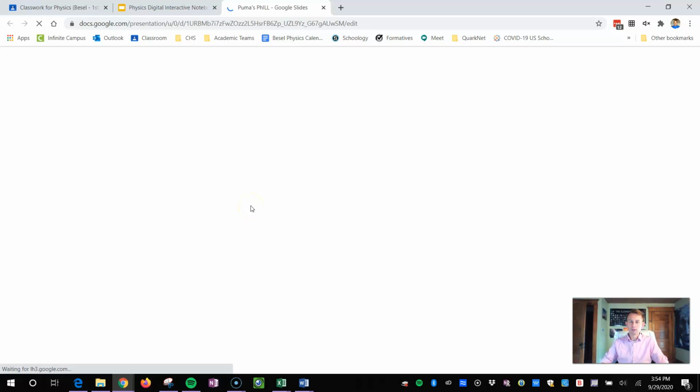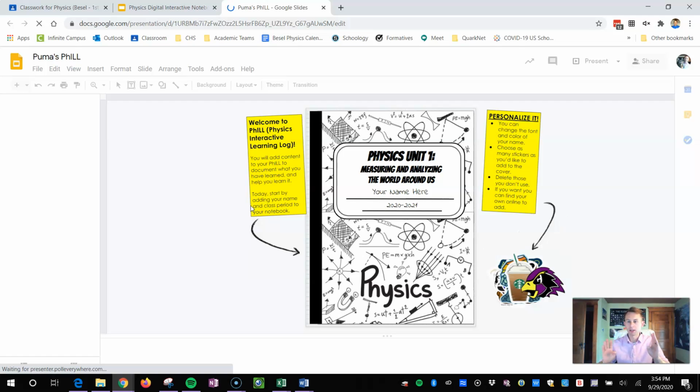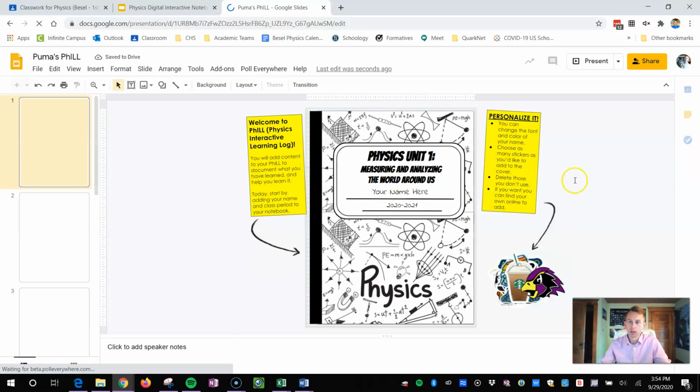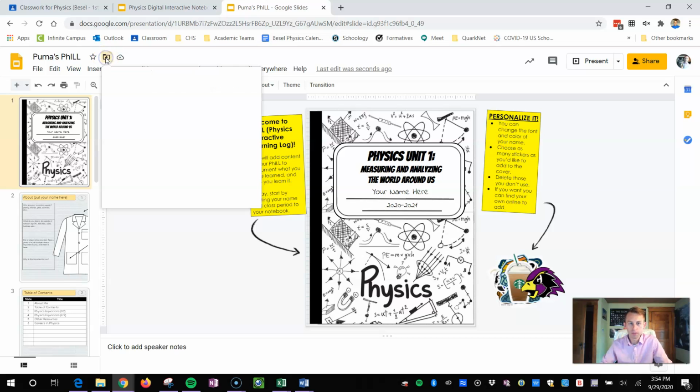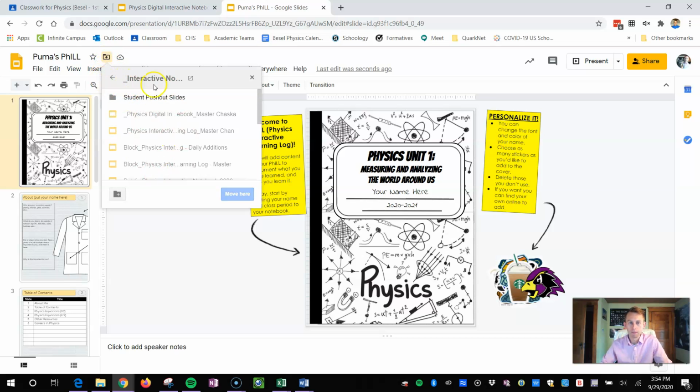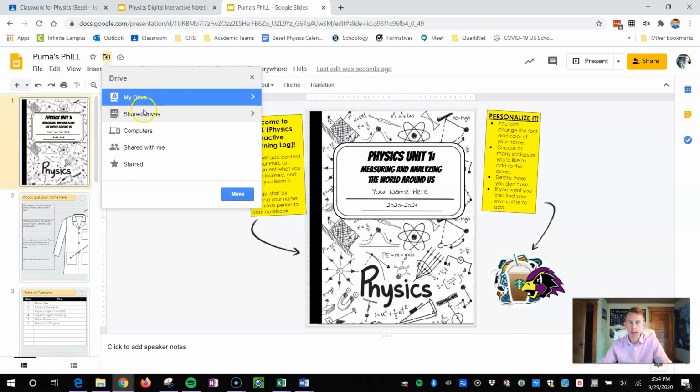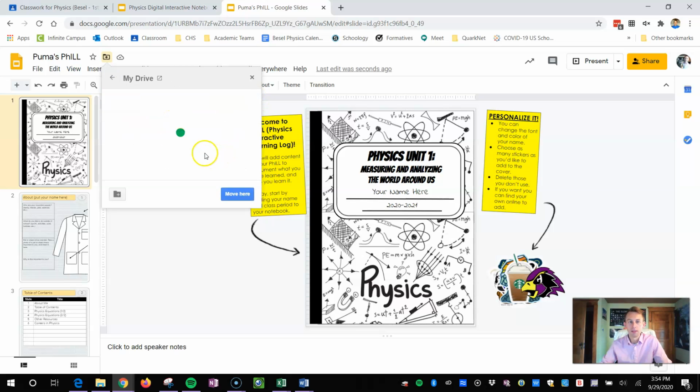But then once you have this, your own PhILL, you should not lose it. So you should bookmark it, or once everything loads up, you can move it into its own folder, somewhere special in your Google Drive. Whatever the case is, you don't want to lose this. So you could click Move, and then move it into whatever folder you want. I'm not exactly sure where it brings you right away, but you'd want to go to My Drive, and then